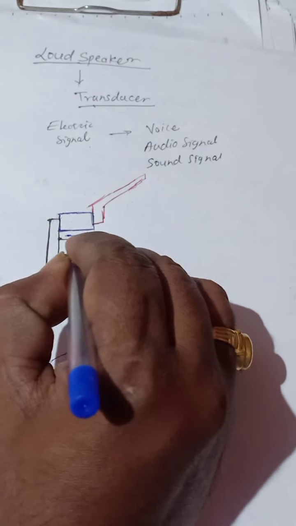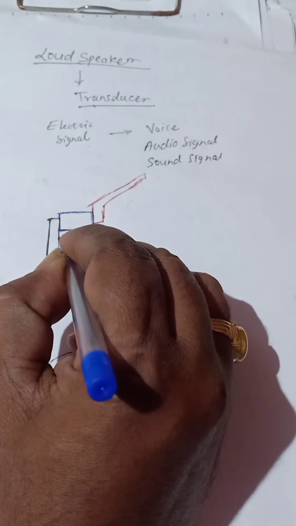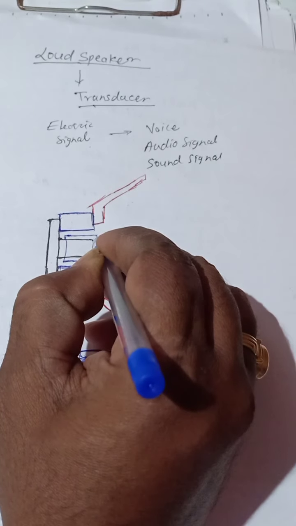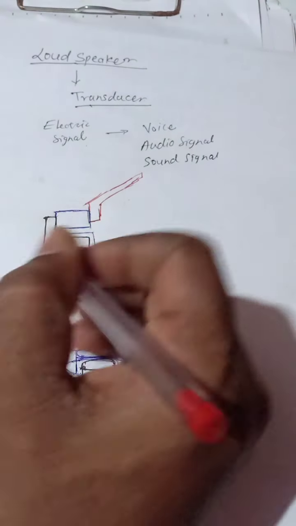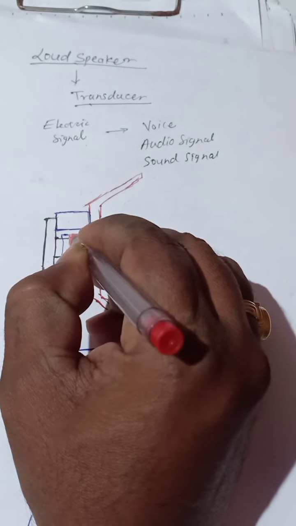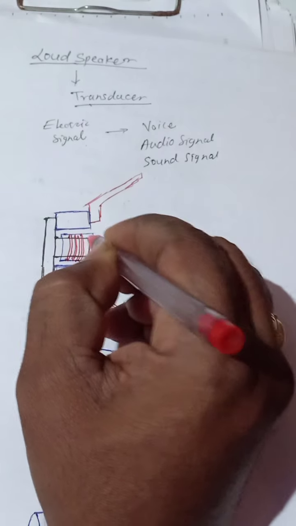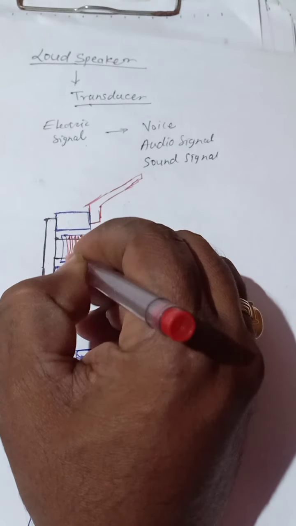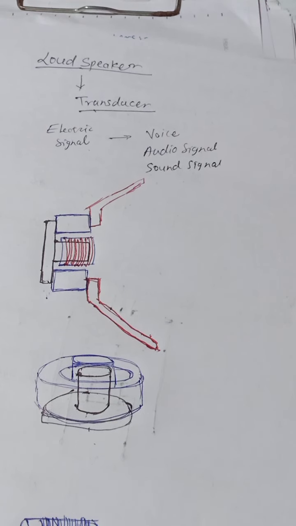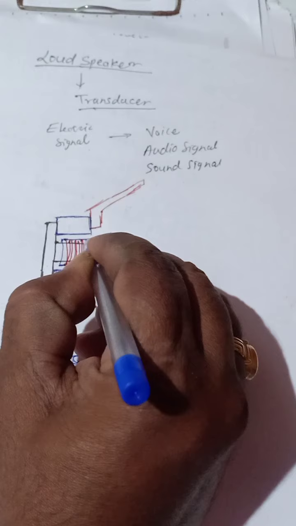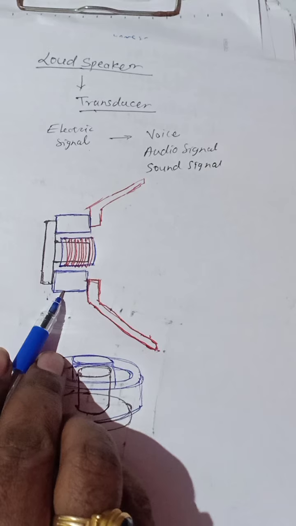This is a pipe, and the coil is wound over this paper core. This paper pipe is inserted between this permanent magnet